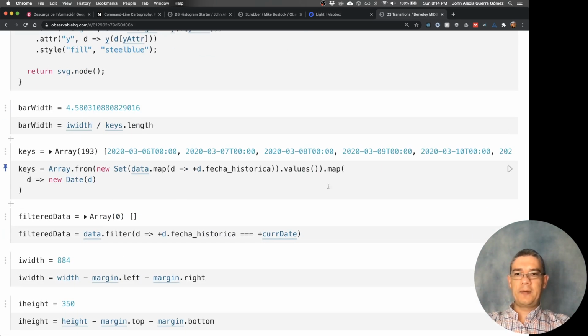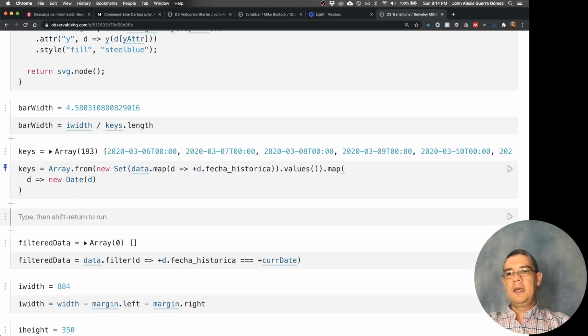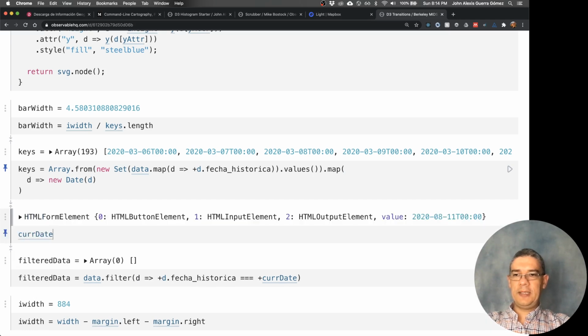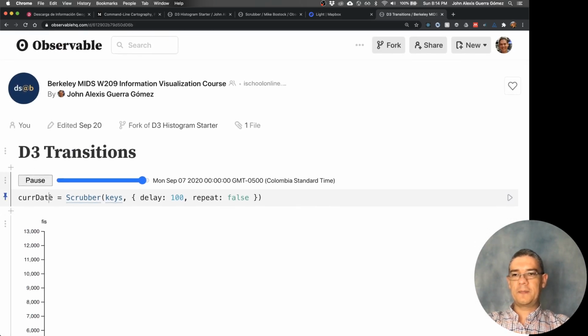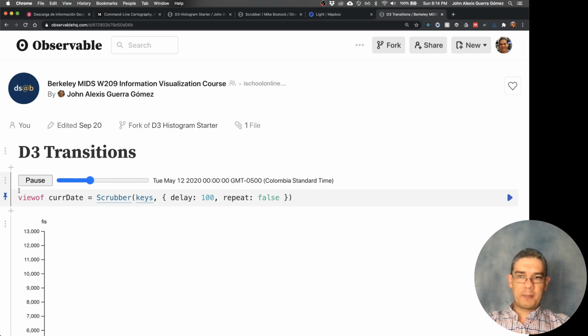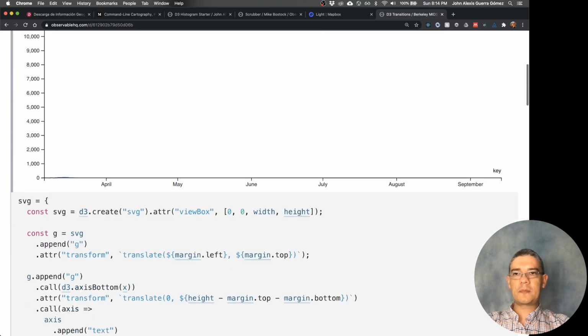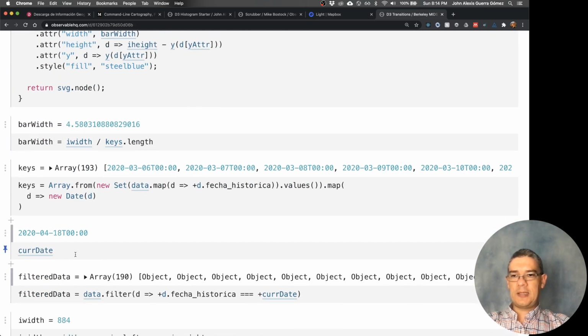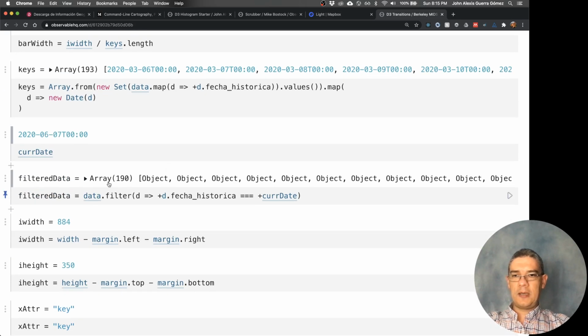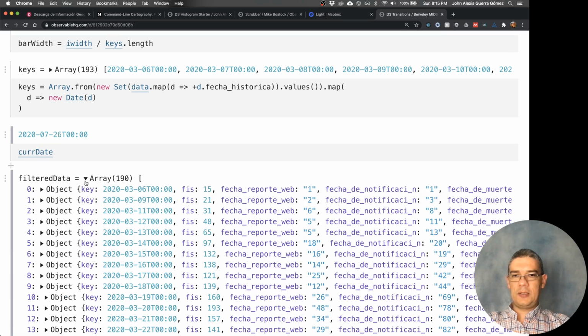Okay. And my filter data, it's failing on me for some reason that I don't understand. If I look at my current date, it's returning an HTML format. So very important, remember, if you put viewof in here, then it's going to allow you to still display the HTML component, but in current date, you will get the current date. So at least now I have a current date, and this one is updating, and this one is updating as well, and it should be changing,